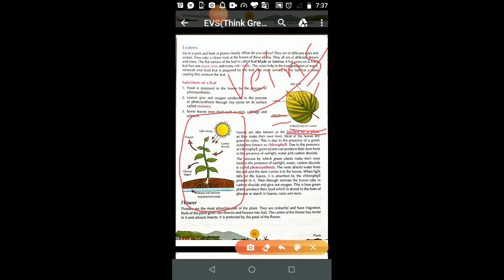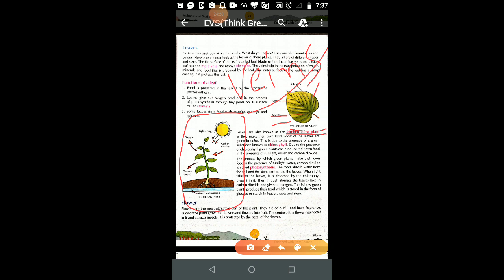Leaves are also known as the kitchen of a plant, as they make their own food. Most of the leaves are green in color. This is due to the presence of a green substance known as chlorophyll. And due to the presence of chlorophyll, green plants can produce their own food in the presence of sunlight, water and carbon dioxide. So student, please understand, leaves are also known as the kitchen of the plant, because